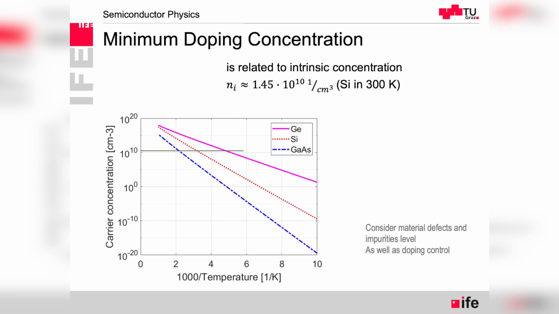But in addition, we have defects and impurities in the material, which behave a bit like doping. So if there is some imperfection in the crystal, it will facilitate recombination. It will be an additional center, and we need to come with doping above this level of impurities. So one thing that is important in the production of semiconductors, that we will be talking about quite a lot also in the future, is the quality of the crystal. And if we would have some very poor quality crystal, then it would, so actually, maybe I will